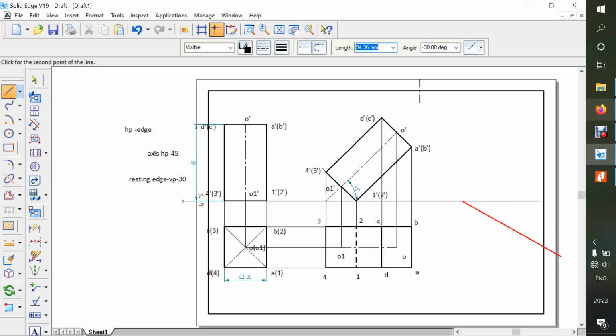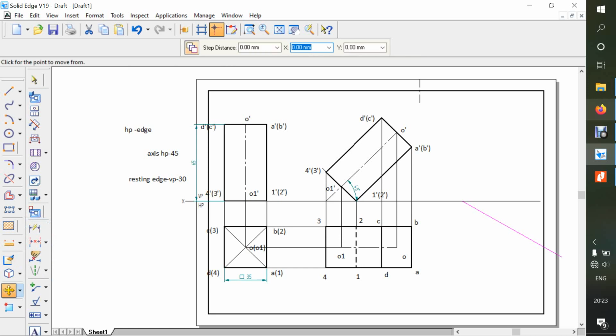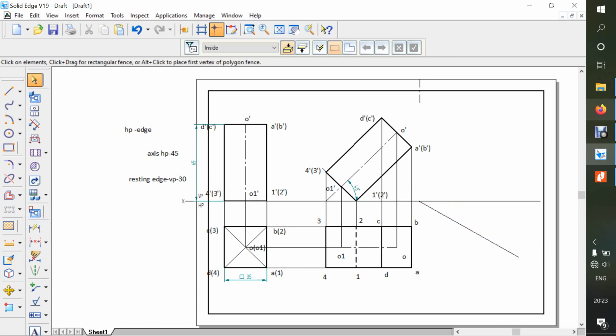So you will get a line like this. Okay, so for the time being I will move this one a little bit this side. Okay, so this is 30 degree. So as I said, in manual sketching, you place the protractor here and take a 30 degree downward.